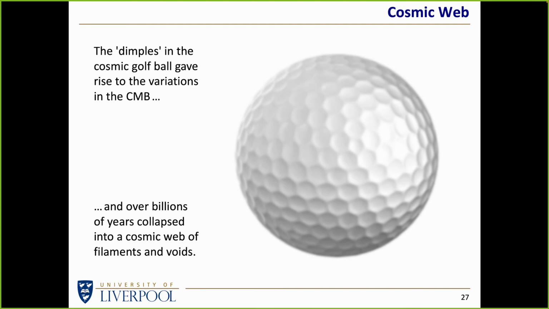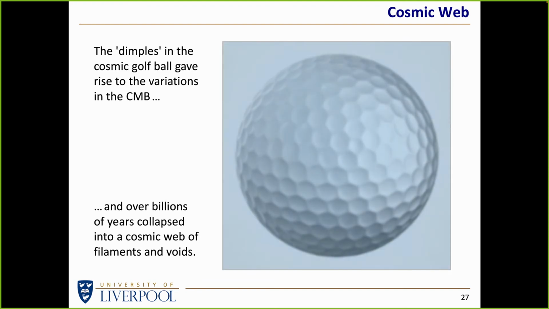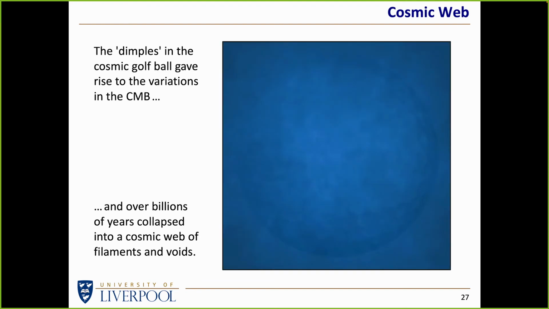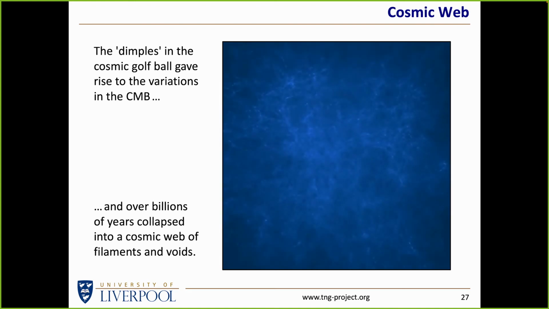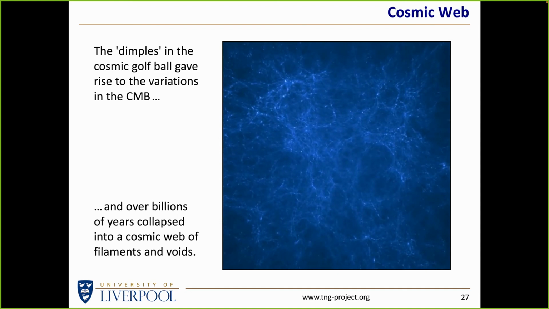The dimples in the golf ball that we talked about and the variations that we see in the microwave background over billions of years ultimately make the universe that we see today. If we run a simulation, the link is in the bottom of the screen there, and I'll give you a handout later. If we take a small volume of the universe, fill it with matter, but put in these small variations in density and temperature, i.e. the dimples in the golf ball, and we let gravity do its thing, we find that the small variations in